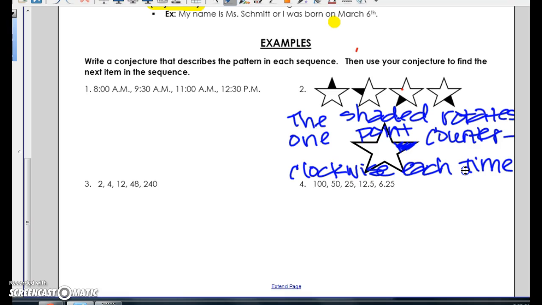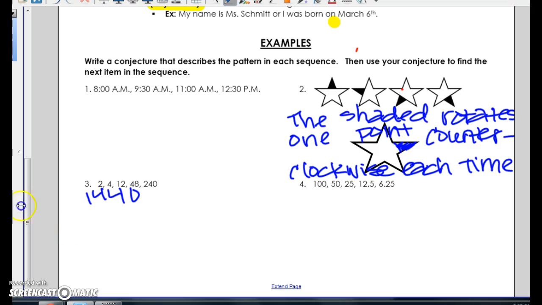And then if you take a look at number 3, 2, 4, 12, 48, and 240. So what I noticed here is we start with the number 2, and then we multiply it and increase that number every time. So 2 times 2 is 4, 4 times 3 is 12, 12 times 4 is 48, and 48 times 5 is 240. You might have had to break out your calculator for that one. I know that I did. So if we did times 2, times 3, times 4, times 5, then we would need to do 240 times 6 to get our next term, which is